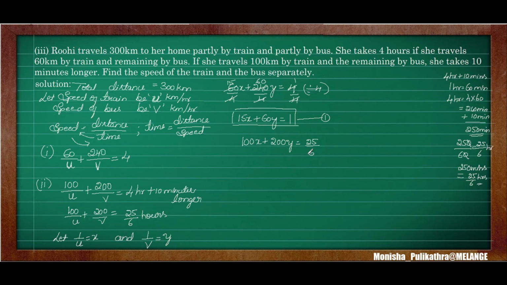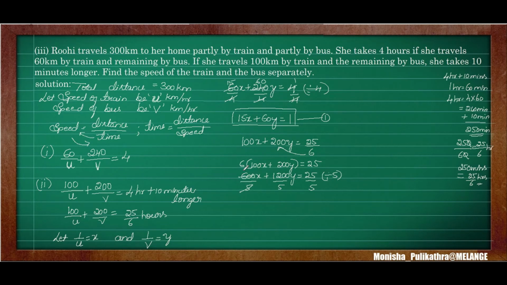Now what you have to do is cross multiply. 6 into 100x plus 200y is equal to 25. So 6 into 100 is 600x plus 6 twos are 12, which means 1200y is equal to 25. These numbers are very large, so we need to reduce them. If you don't know the tables of 25, reduce by 5 itself. Divide throughout by 5. If you divide by 25, you will get the answer directly. If you don't know, you can simplify it step by step. First from 5, again you can divide by 5 to get a simplified form.